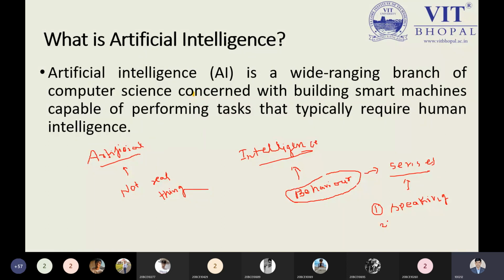listening. As we know, there are six senses, but five senses we have as basics. So speaking, listening, okay, smelling, and next one is touch. We can say touching is one kind of sense. Fifth one is, yeah, fifth one. Can anyone tell me right now? Speaking, listening, and seeing.